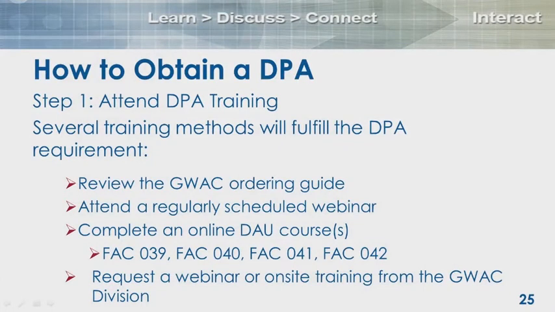How do I obtain a DPA? Let's not worry about this slide, folks. We'll talk about this afterwards. But essentially what it's saying is that if you wanted to get a DPA, you need to be here doing what we're doing now, or you need to read the ordering guide, or you need to take a DAU course. It's just part of GSA's quality assurance, so we know that we don't have to report to OMB that somebody bought 300 tables on a GWAC. Okay?